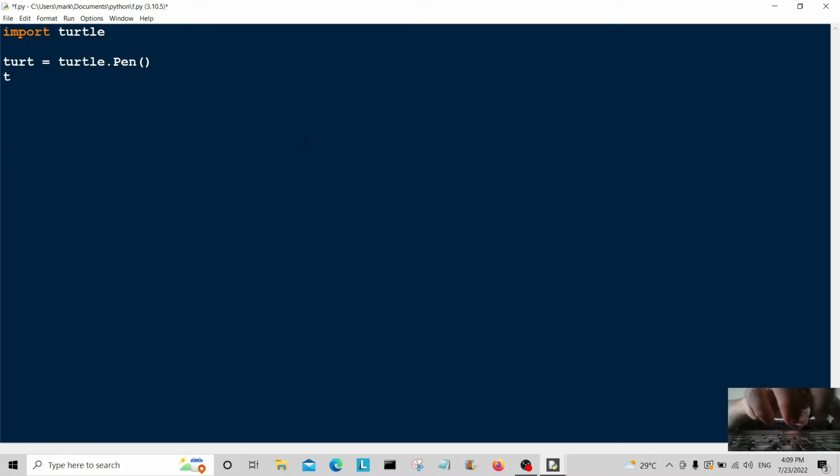Okay, so turt dot right 75. So we're going to tell the pen to turn right 75. I've forgotten what those are. Is that pixels? To draw 75 pixels? I'm not sure, but you will see when I launch the program. So it's going to turn right 75, and then it's going to draw a line, turt dot forward